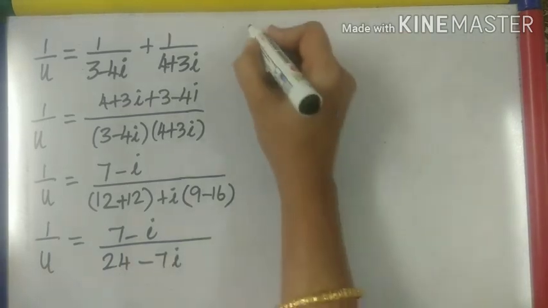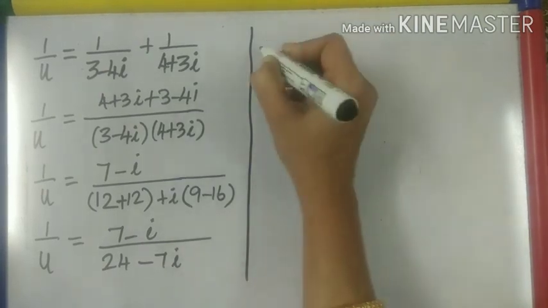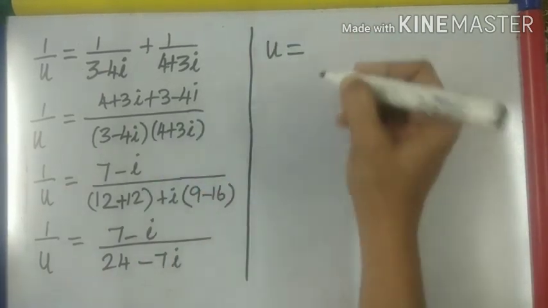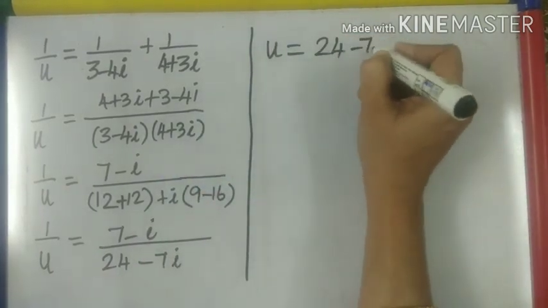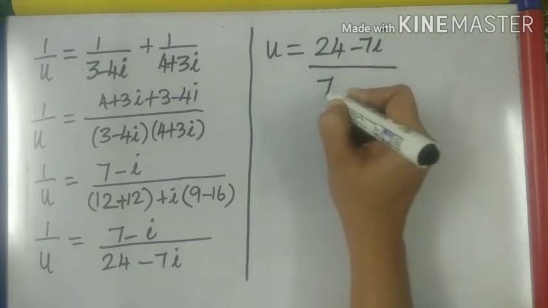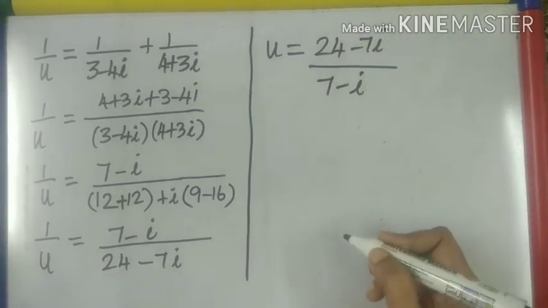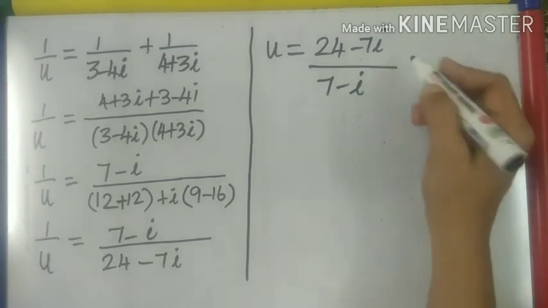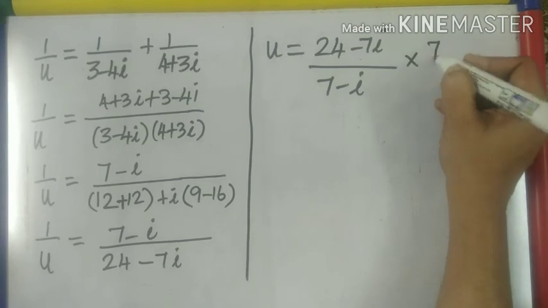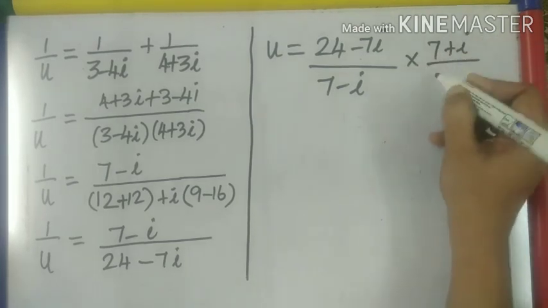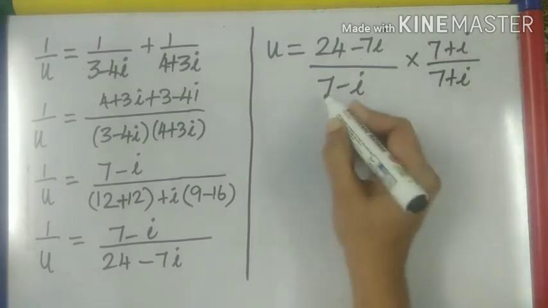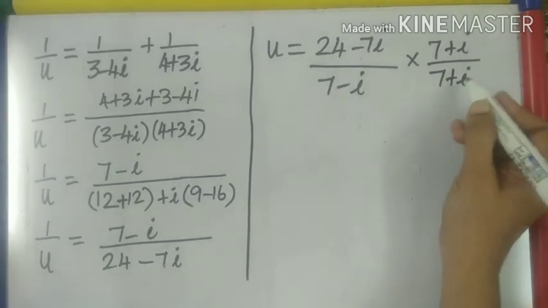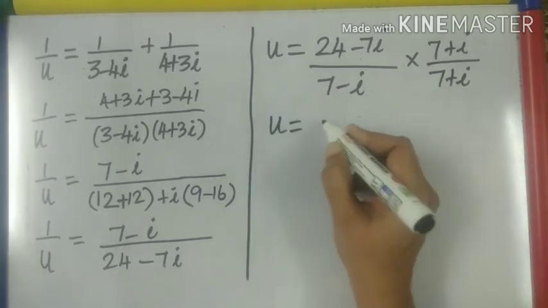Actually we want u. So how to write u? The reciprocal. 24 minus 7i divided by 7 minus i. We never keep complex in the denominator. So multiply and divide by the conjugate. What do you mean by conjugate? 7 minus i means the conjugate is 7 plus i. u equals